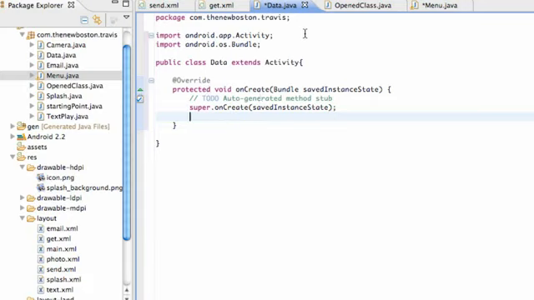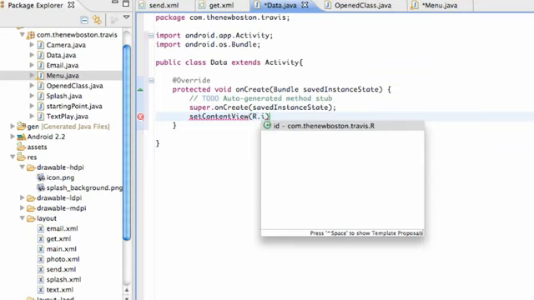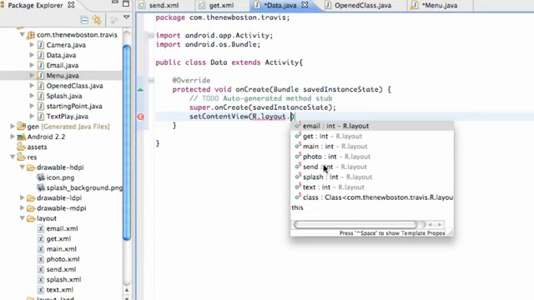Don't worry about our, oh, hold on, actually I'm going to say setContentView. Sorry, I'm kind of spazzing out here with deciding if I want to show you guys everything or not. But we're just going to set the content view layout dot, but I want you guys to get this set up properly. For our data class, we're going to set that up to,